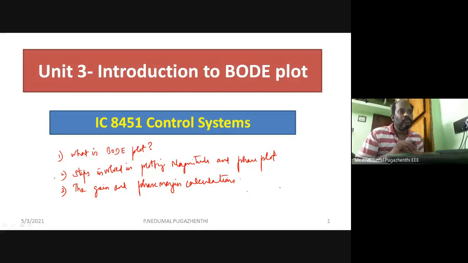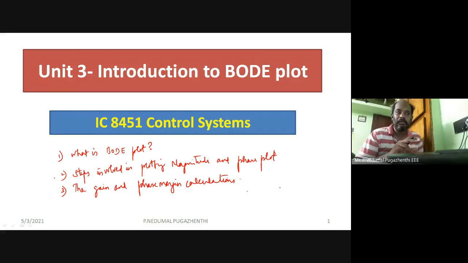So, what is a Bode plot and how are the factors involved in a transfer function? How to write a magnitude equation and the phase equation, and how we can combine these two and draw a Bode plot for a given transfer function, and find the frequency domain specifications